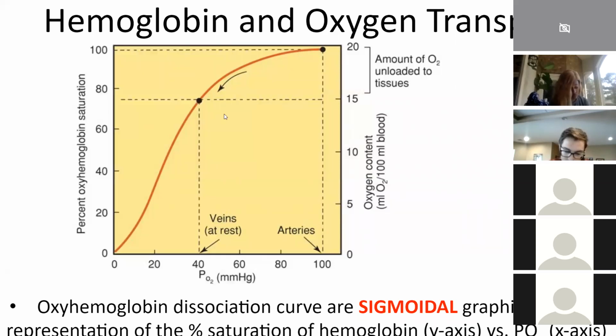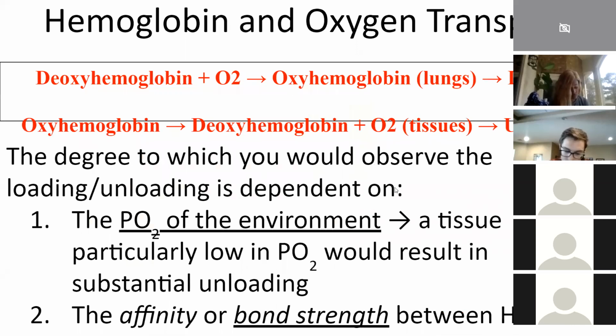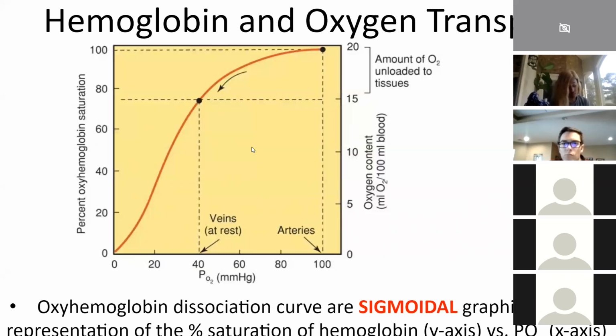So the relationship here is that the partial pressure of oxygen of the environment matters, right? If you have a low partial pressure of oxygen, you promote unloading. That's basically a statement that the oxygen is unloaded to its environment if the environment needs it, right? Another interesting point to realize is that most of our oxygen actually remains on our red blood cells, and we don't often completely deplete it.